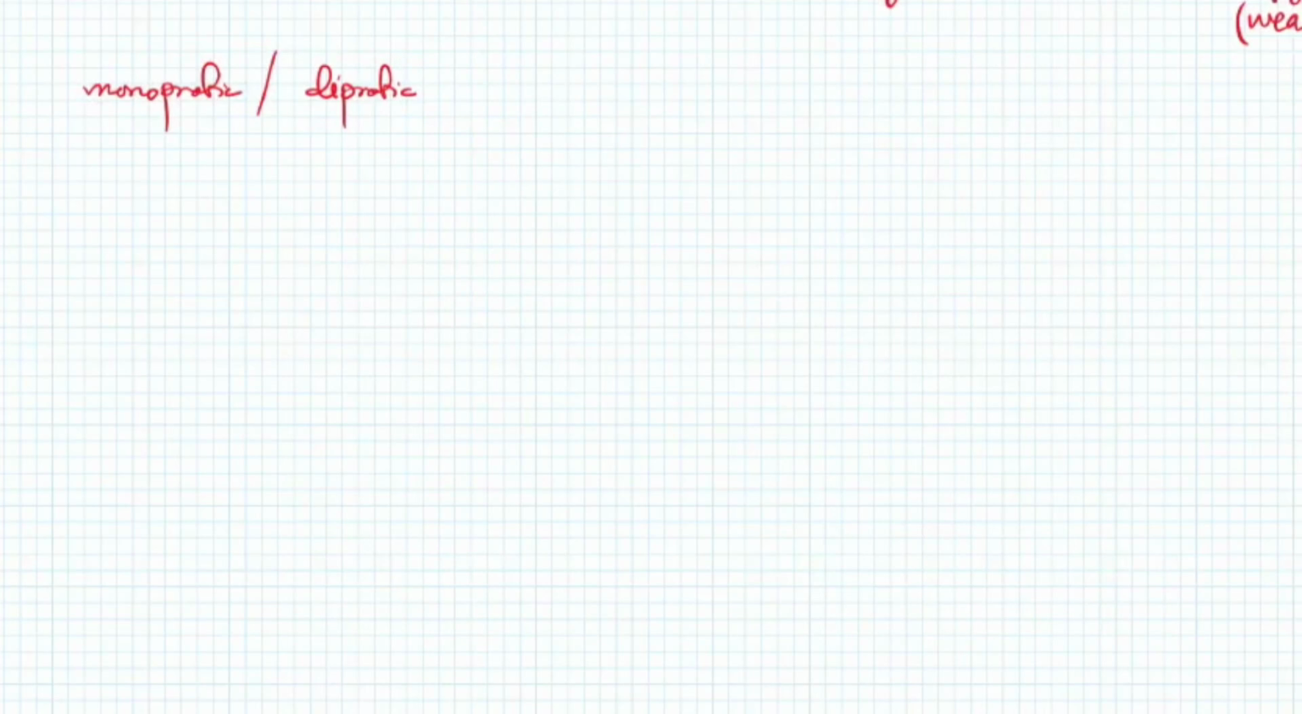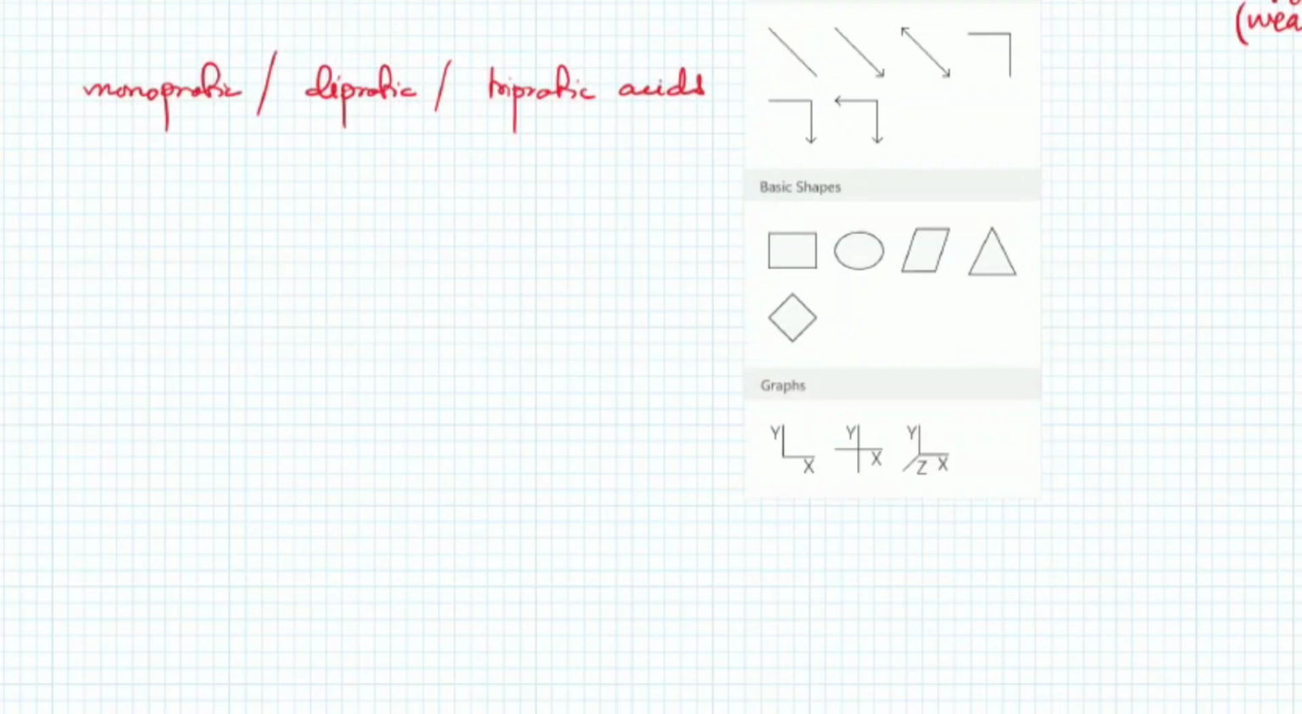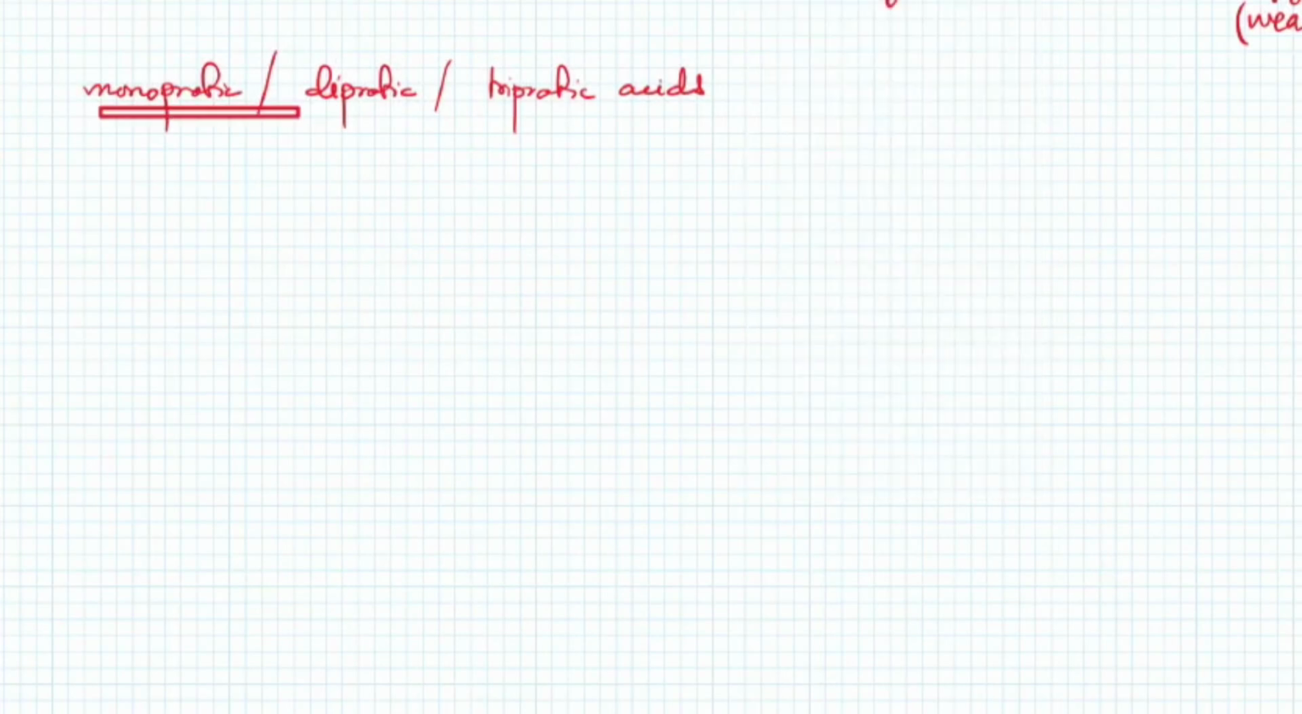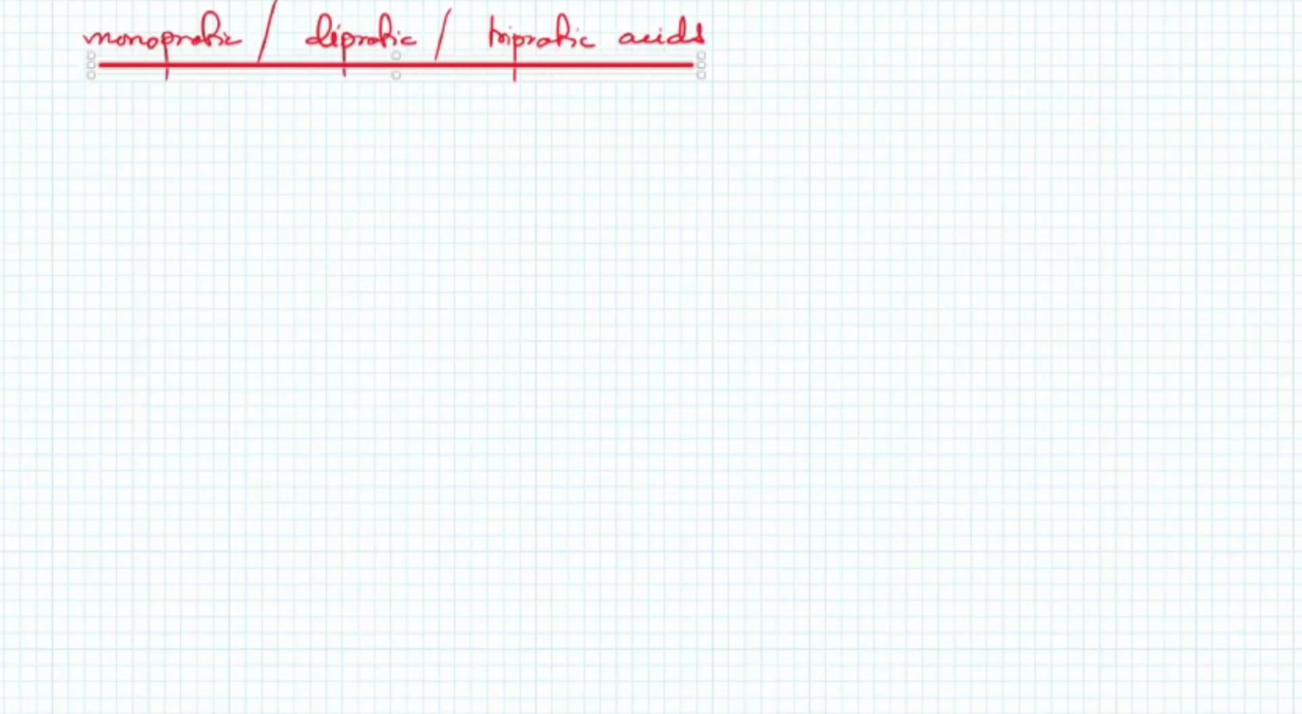Monoprotic, diprotic, triprotic acids. So the question is, what are these acids? When you have a monoprotic acid, it just donates one